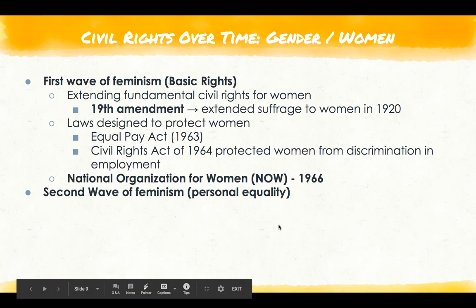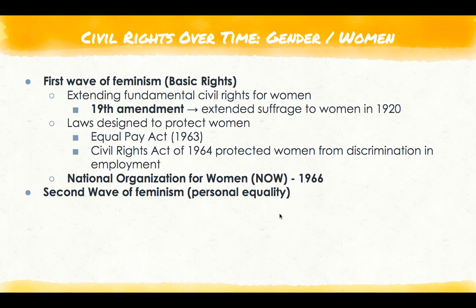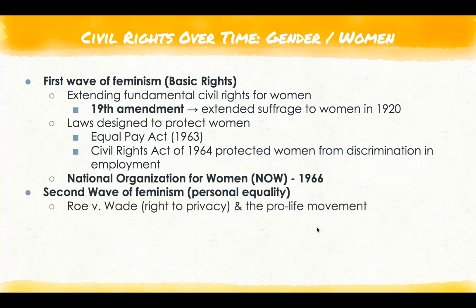The second wave of feminism is a little bit different. So now that basic rights have been met, the second wave is going to focus on personal equality. And as we've talked about, Roe v. Wade is going to be very important to that movement for personal equality, right? This idea of right to privacy, that a woman can have an abortion in the first trimester and cannot be prevented by the states. Now, this has also created the pro-life movement, where the question of, is the fetus upon conception